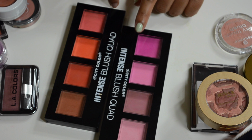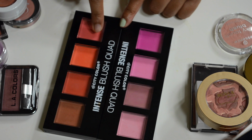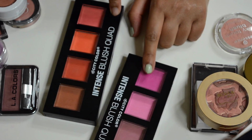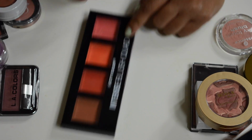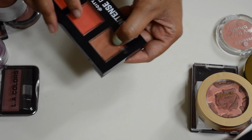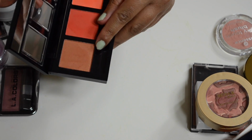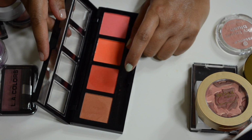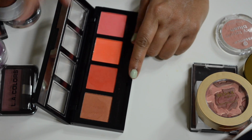I want to declutter one of these, but I'm not sure which one. Okay, I am going to pass along the pinks, and I'm going to keep the oranges and reds, only because the orange one has a really unique color. This is a dusty color. I'm sure I'll find something in my collection, but this one looks really interesting, and this is a matte red blush, kind of like the NARS Exhibit A. So I'm going to keep this one,